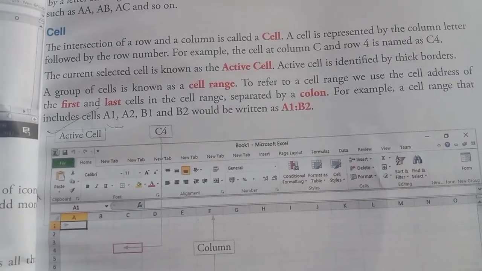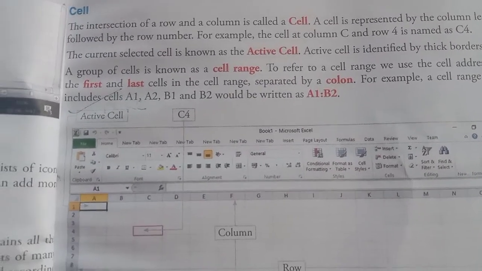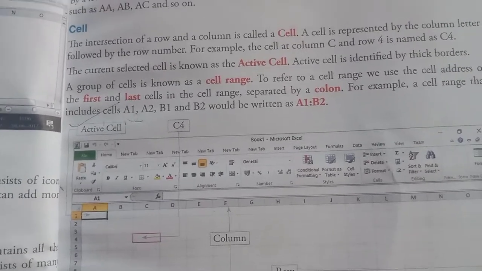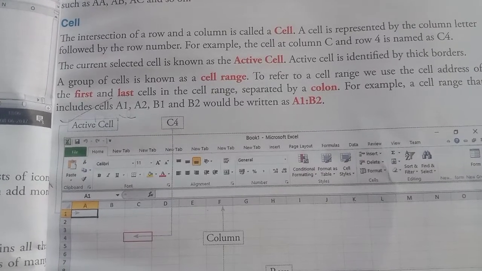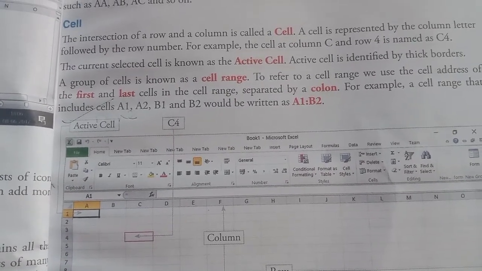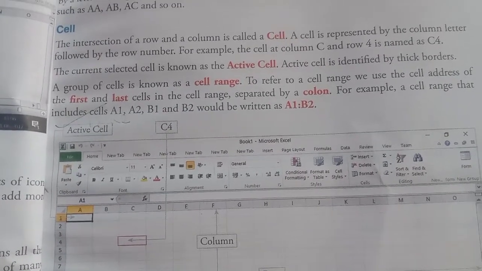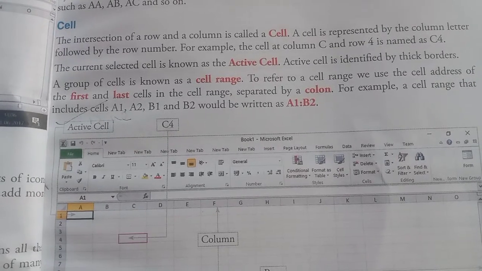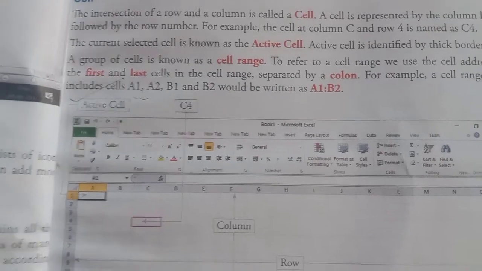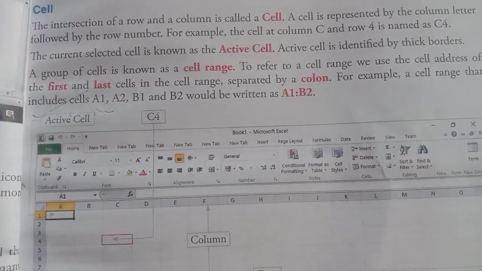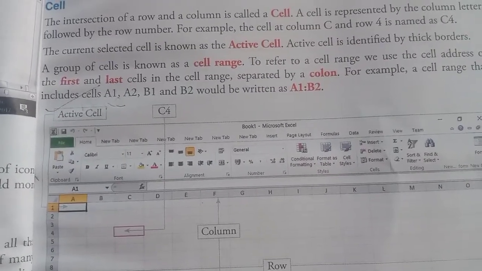The worksheets are made up of rows and columns. The worksheet is a component of rows and columns. Rows are the group of cells placed horizontally, and columns are the group of cells placed vertically. And we also learned about how many rows and columns a worksheet has: 10,48,576 rows and 16,384 columns are there, right? We already learned about that.